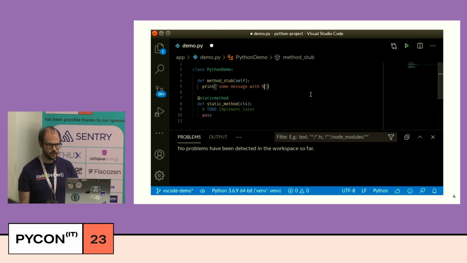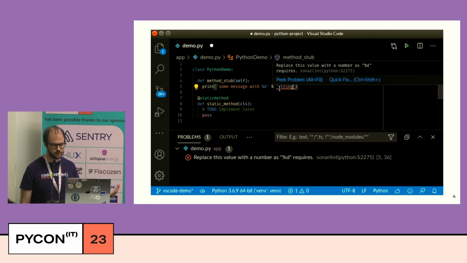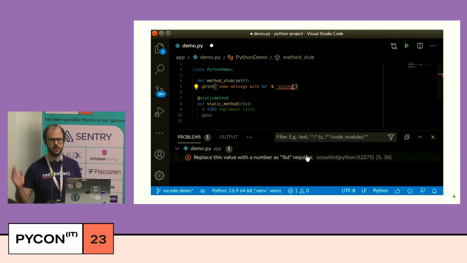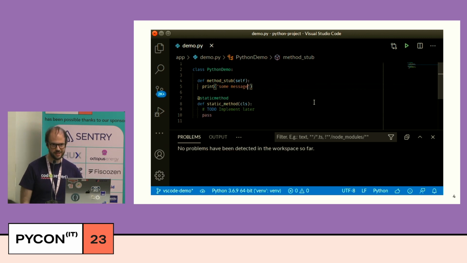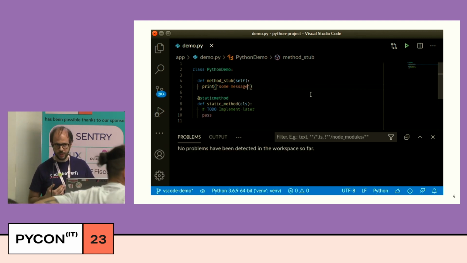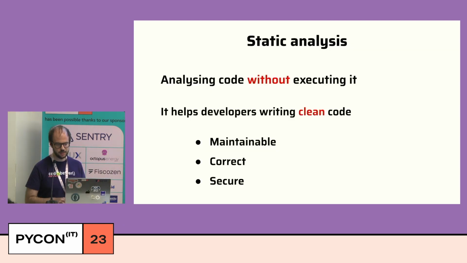Okay, but first let me ask you. Are you familiar with this kind of tools? Those are linters that you might find in your IDE. Can you raise your hand if you use that? Okay, that's pretty good. So today we're going to talk about static analysis, about clean code, but first let